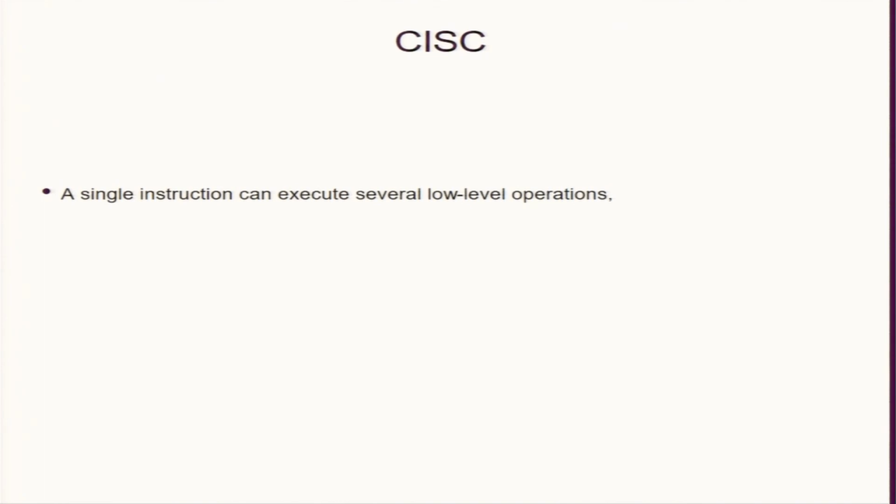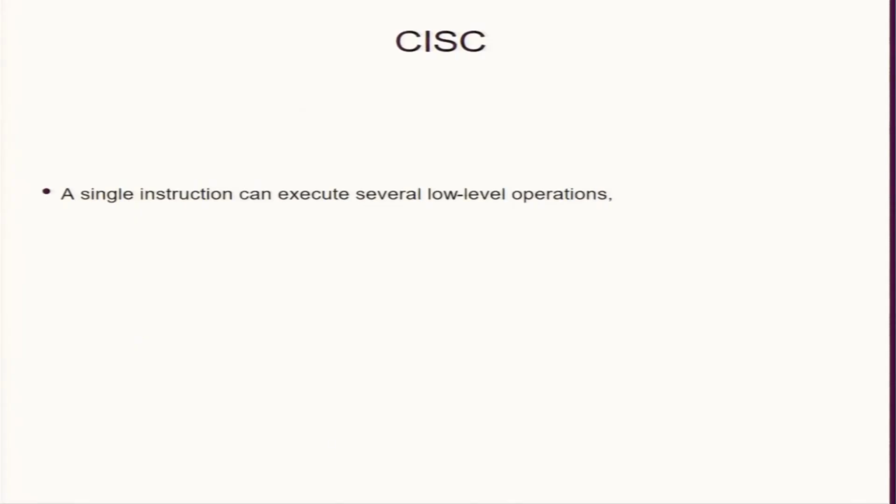A single instruction can execute several low level operations. When you say go, a set of things will happen inside a CPU. So go can be, well, do fast Fourier transform of an array, a complex operation. The array could be size 16 numbers, or go could be add a and b, a plus b with 2 numbers. The second one is much simpler. But if your RAM size or your cache size is less, would you like to have more instructions or less instructions?